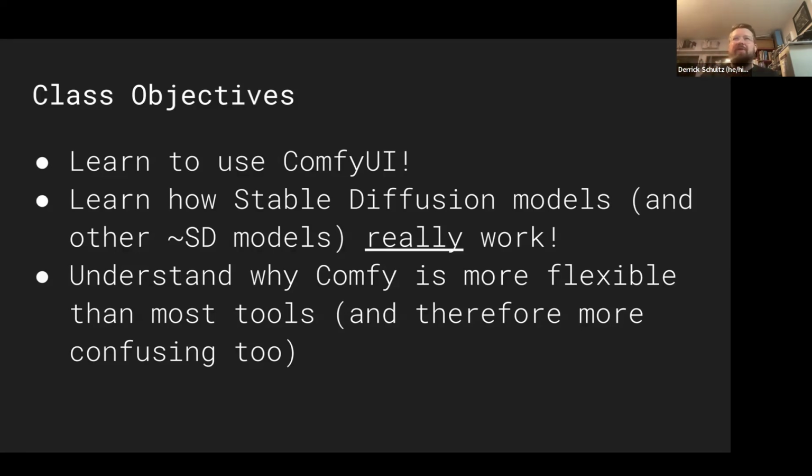You might download someone else's workflow and be like, I have no idea how this works. It works for me half the time, and the other half the time I get crap or I can't get it to work at all. So my goal, because Comfy is changing all the time, is to get you to understand the inner workings, the baseline of how it works.